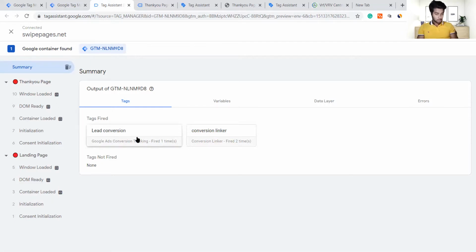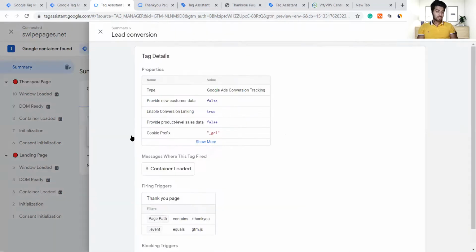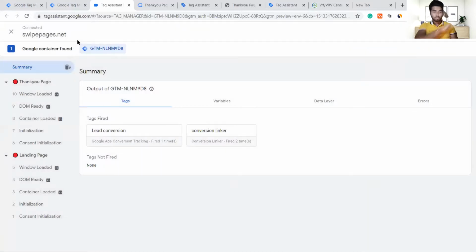So this trigger should fire. Otherwise, if this trigger is not getting fired, you're totally spoiled. Google Ads will get spoiled badly. You have to focus on getting this trigger fired. That's why I say this Google Tag Manager class itself will take more than an hour just to perform all this testing, to check whether it's working or not.